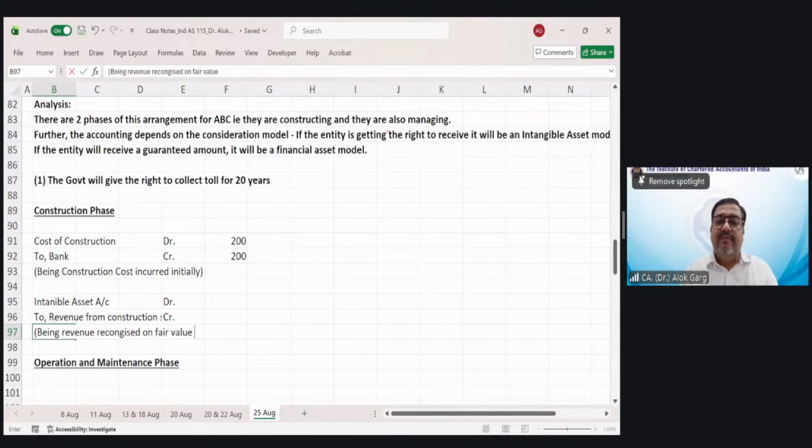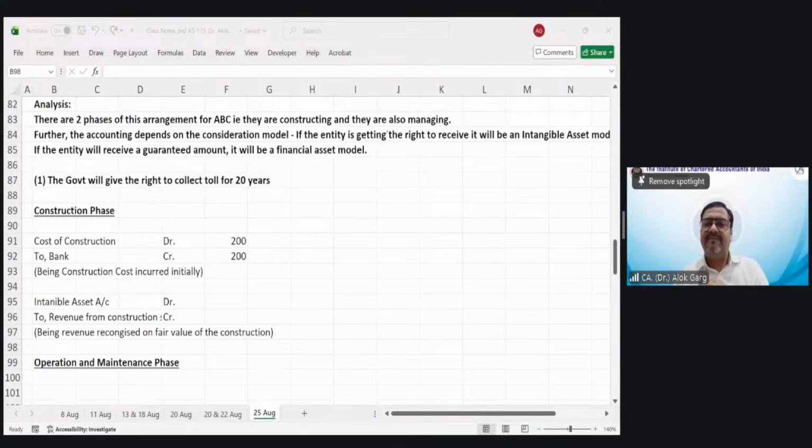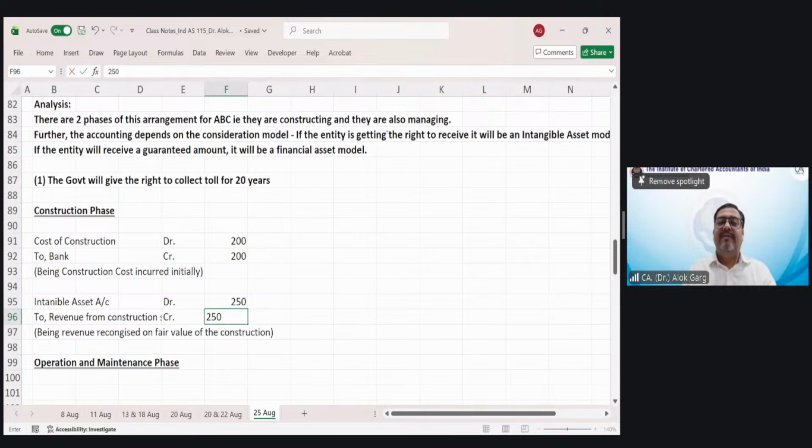Means this is the cost. If this entity will provide the construction service to the government and collect the money from the government, will this entity collect only 200 crores? अगर ये एंटिटी कंस्ट्रक्शन सर्विस गवर्नमेंट को देती, तो क्या 200 करोड़ मांगती? बताइए, यस और नो? ऑफ कोर्स नो. वो तो 200 करोड़ तो कॉस्ट है ना. So it will not be 200 crores. It has to be, of course, plus margin. For example, it is 250 crores. Okay, right? So this will be recognized as a revenue from the construction service.